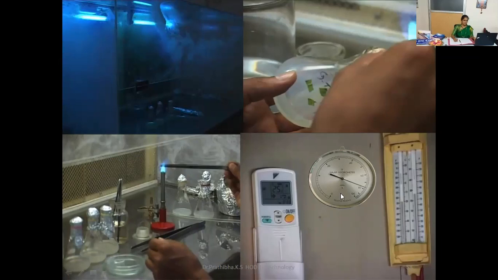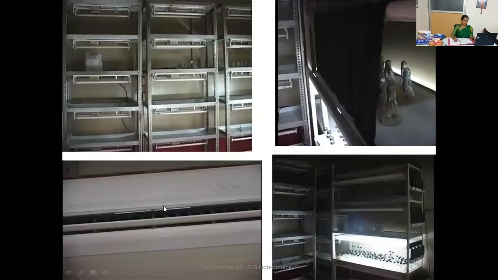Here you can see the hygrometer and thermometer, and the AC controlling remote. This is the inoculation of the explant. Here the leaf discs were inoculated, so we can call this leaf disc culture. Here you can see the culture racks with tube lights, and to these tube lights a photoperiod timer will be fixed. If some of the cultures require more dark conditions, by using the black curtains we can provide darkness. If they need light, you can give that light. This photoperiodism is maintained by the automatic timer.